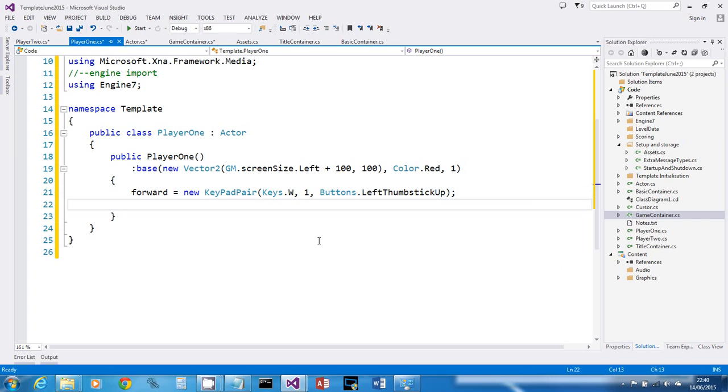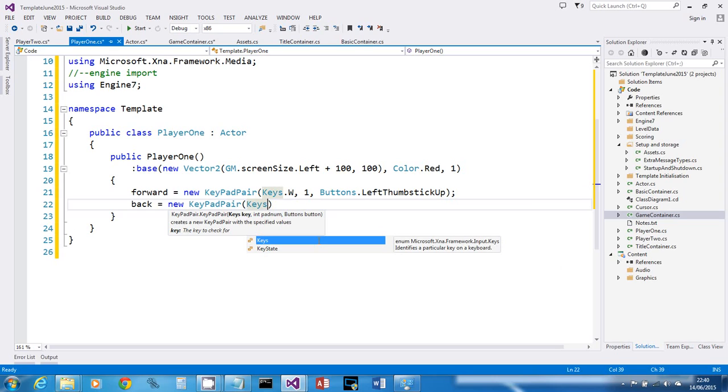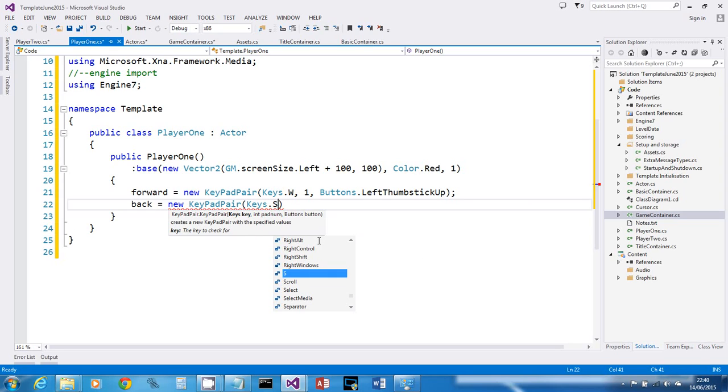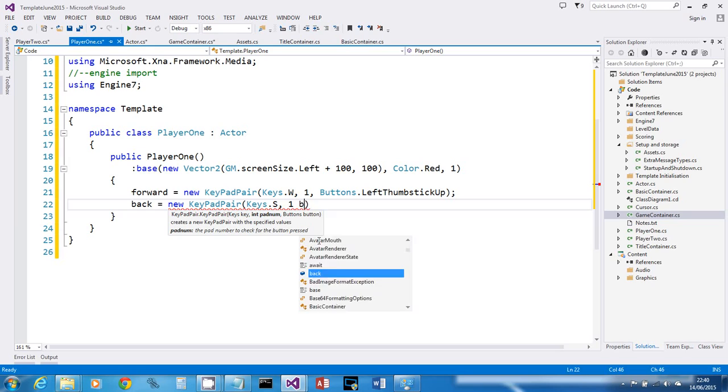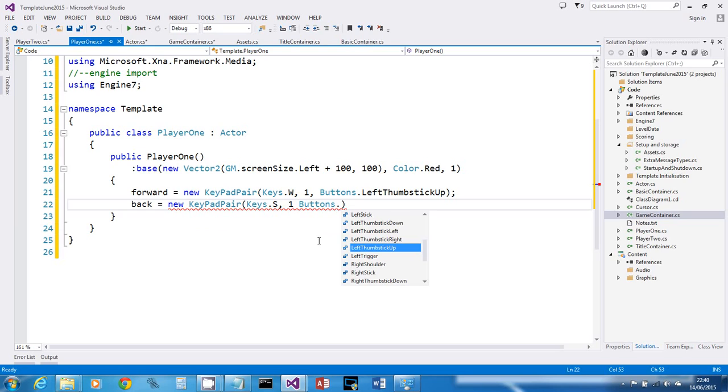Okay, I'm going to do the other one, so I'm going to do back. So that's keypad pair. That's going to be S. Pad 1, buttons, and that's going to be left thumbstick down. So you could do, we're just using it in digital mode for this example. We could do funnier things too,